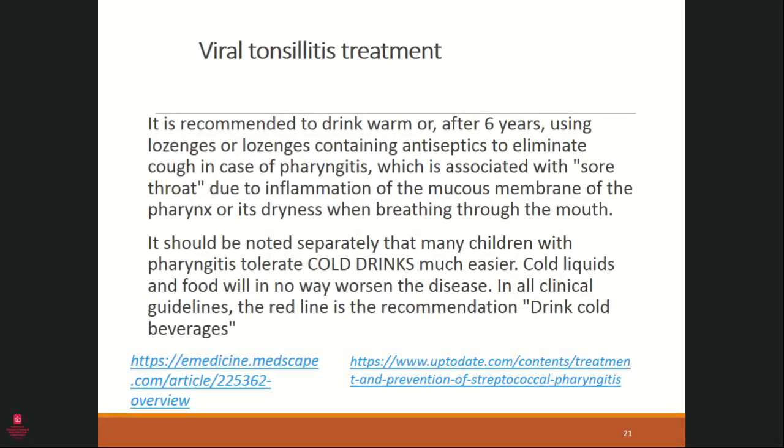About treatment of viral tonsillitis. It is recommended to drink warm fluids and use lozenges containing antiseptics to eliminate cough in case of pharyngitis, which is associated with sore throat. It should be noted separately